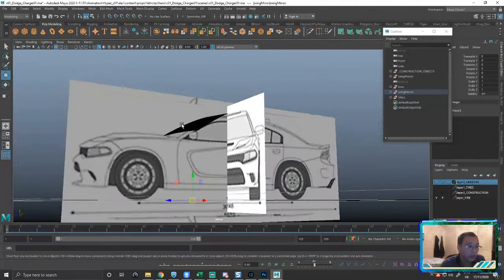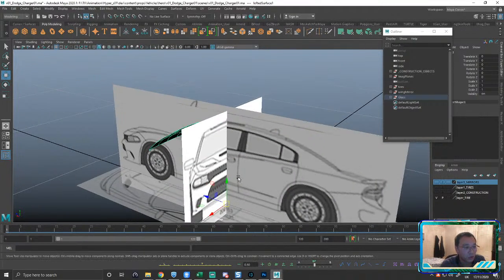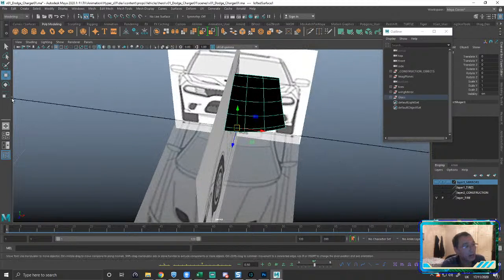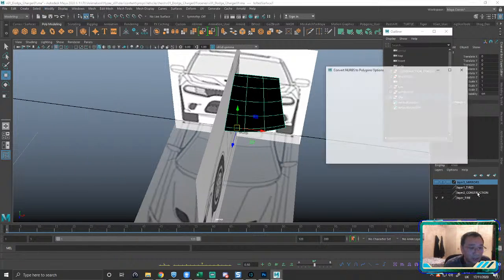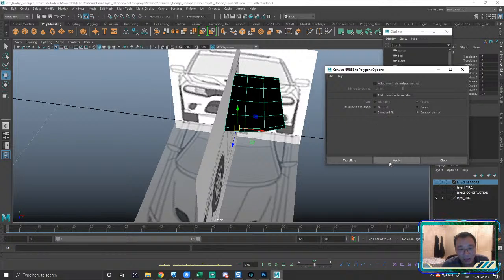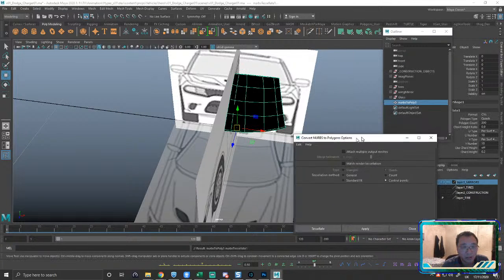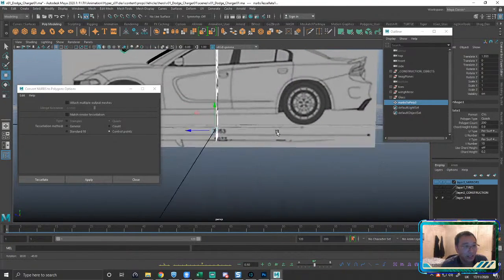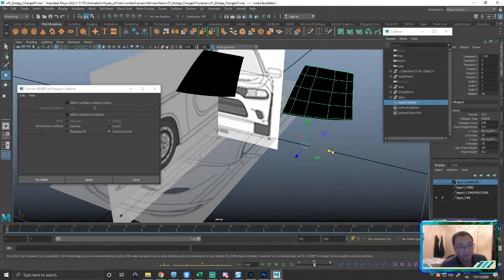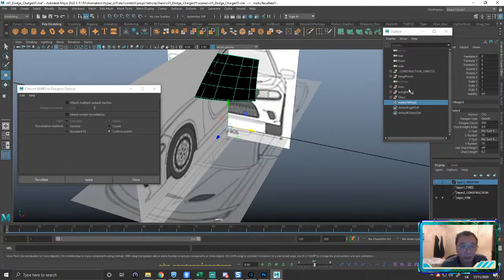Okay, so the other thing I need to do is sort out why I've got the normals issue. But to do that, I'm going to convert this NURBS object, because I don't need anything really super fancy. So I'm just going to come over to Modify, Convert NURBS to Polygons, and let's try a control point tessellation, right? That should be fine. Let's check it out. Drag that piece over. Yeah, that's good, right? Need to clean up that line work a little bit.